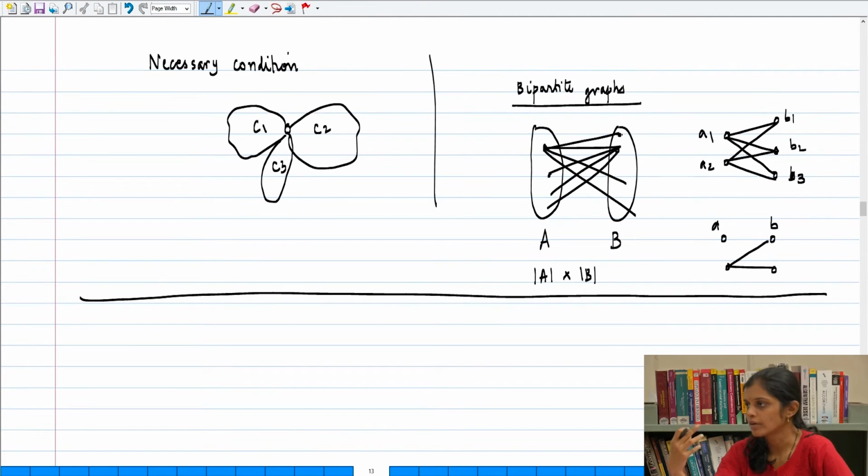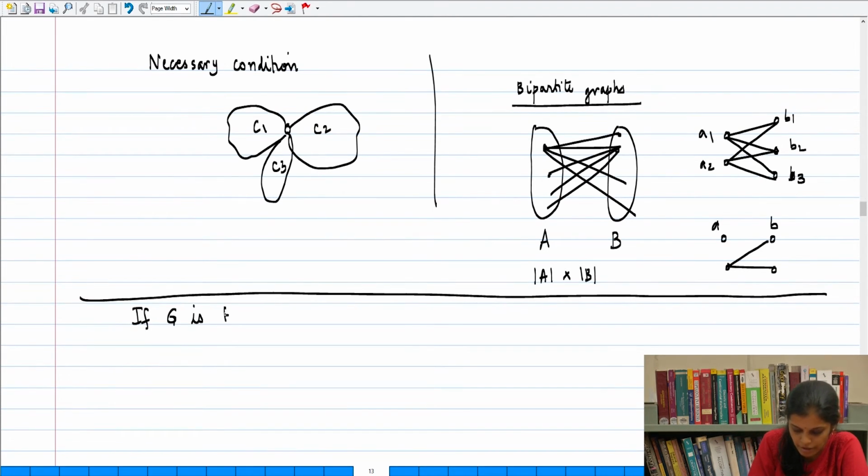What will you be left with if you remove the smaller side? How does the graph look, whatever is remaining? Totally disconnected, or it is also called an independent set. But the independent set or the totally disconnected graph, how many components does it have? Cardinality of the larger set. So what you are saying is, I am removing a set of vertices, and whenever I look at the graph which is remaining, I see the number of components is larger than the size of this vertex set that I removed. If this happens, then the graph cannot have a Hamiltonian cycle, or we will reverse the condition and say that